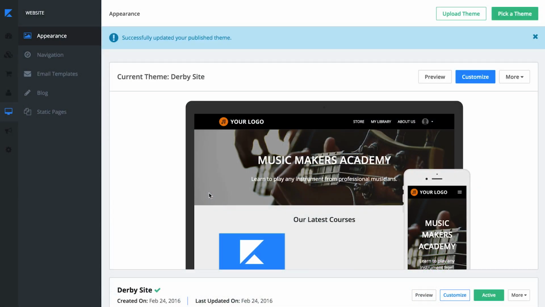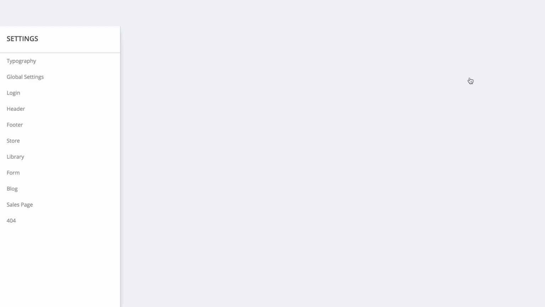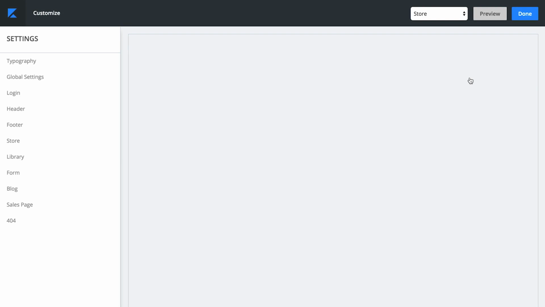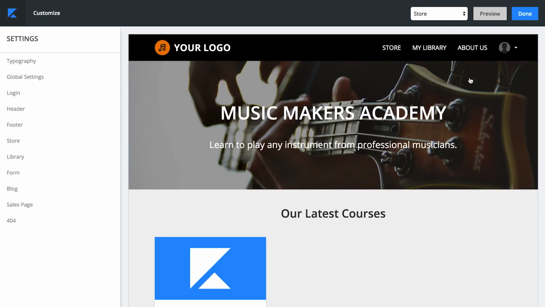We created an area for both of you. So for the no coders out there, we have this customize section. So I'm going to click customize here on my site theme. And you'll see I have a beautiful preview of my site theme, and then I can mouse over anything I want and just change it. Okay, so